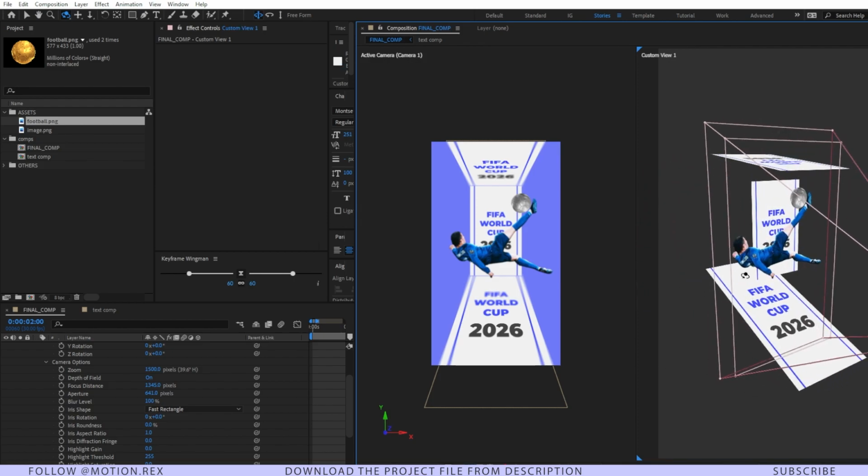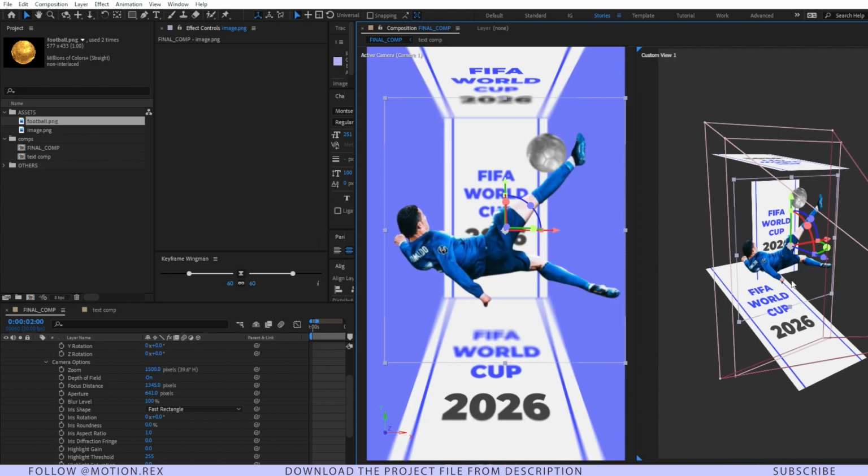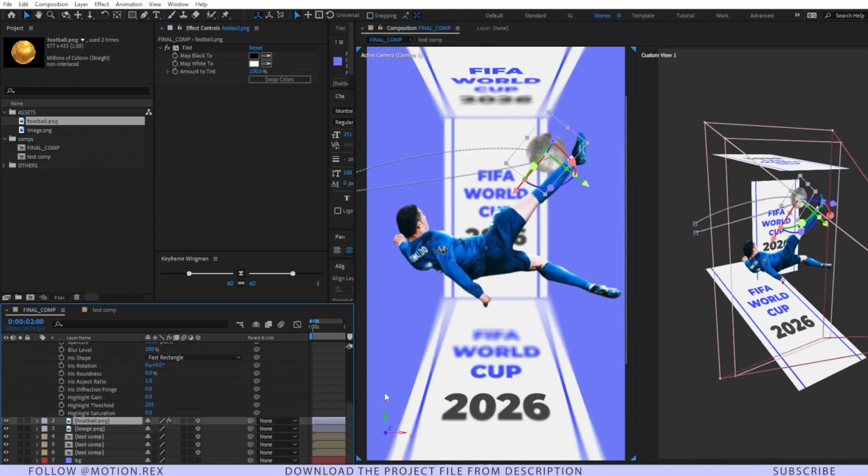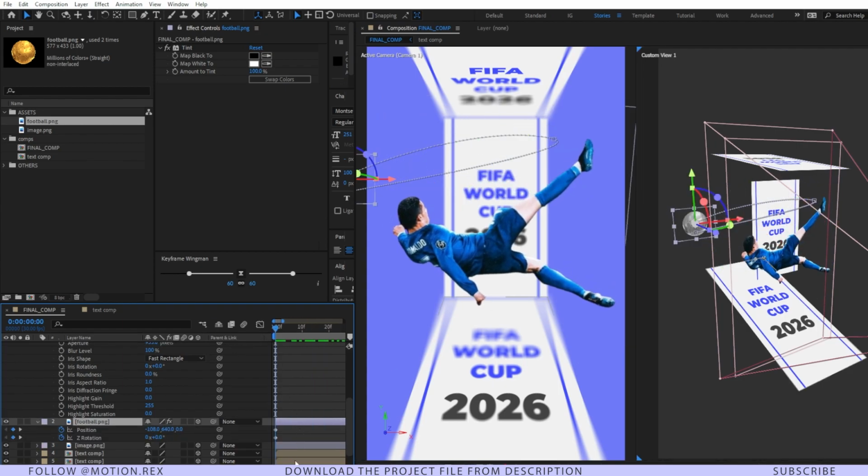And let me do one thing, let me drag this image a little bit forward in the Z axis. So just like this. And also here you can see that, so select the football image and drag that. Now if I just RAM preview it, you can see that what we have made so far